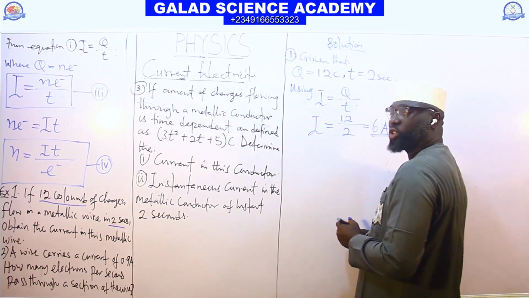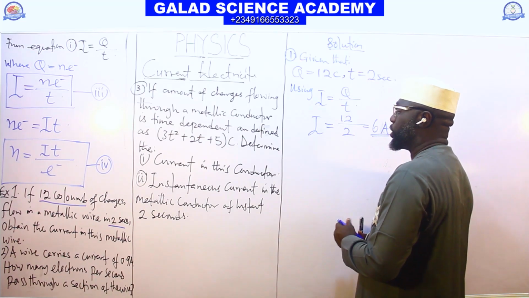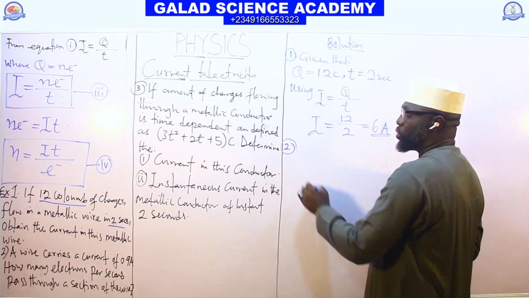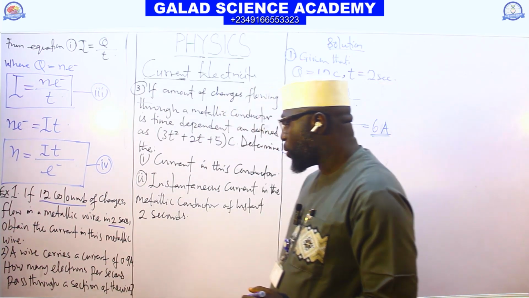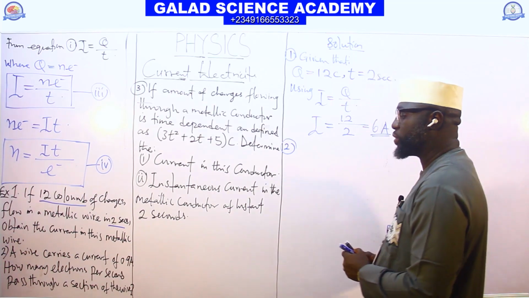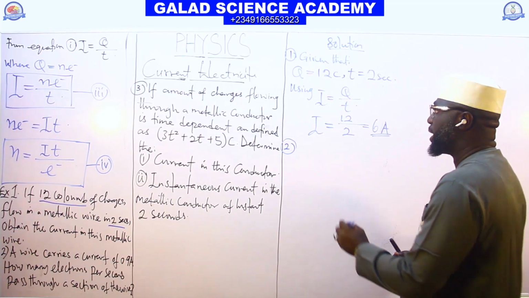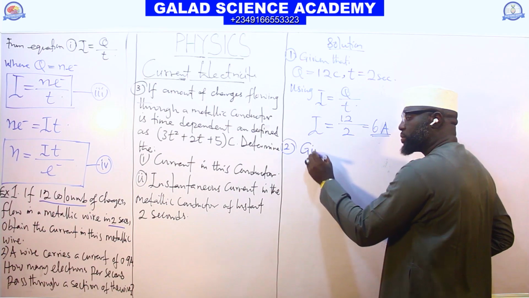Look at the second question here. We have equation 2. Question 2, we are given that if a wire carries a current of 0.9 ampere, we are given